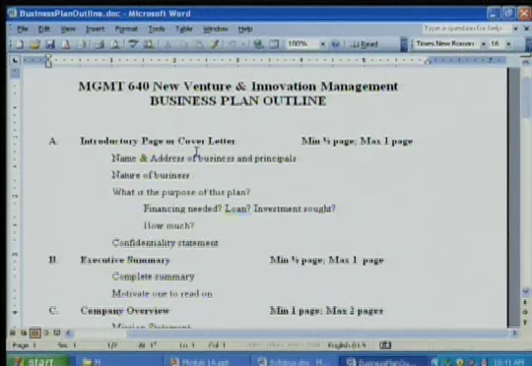I have to bring up another file here. Again, this is actually on Moodle for week 1, and we talk about the business plan, and it says business plan outline. It's on Moodle, it's an Acrobat PDF file.